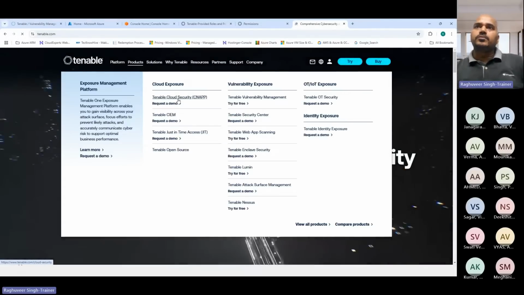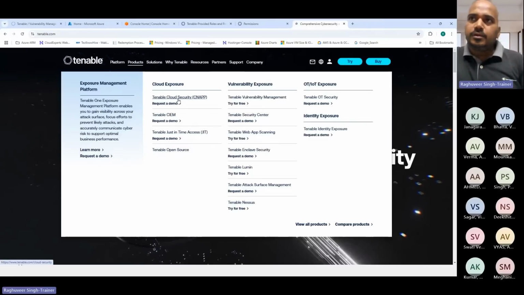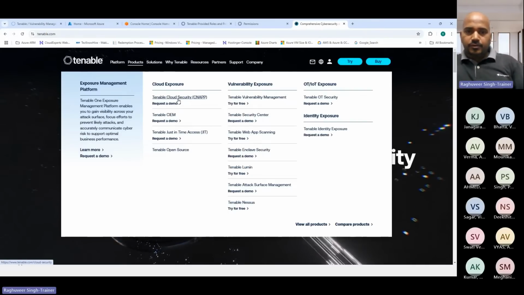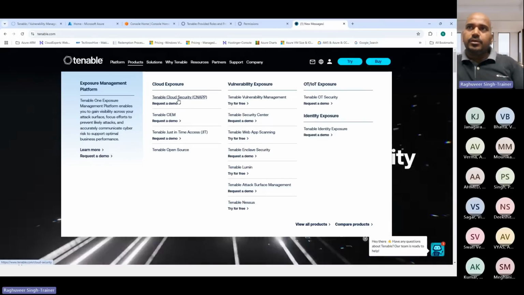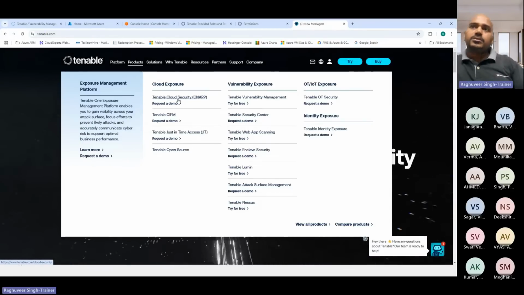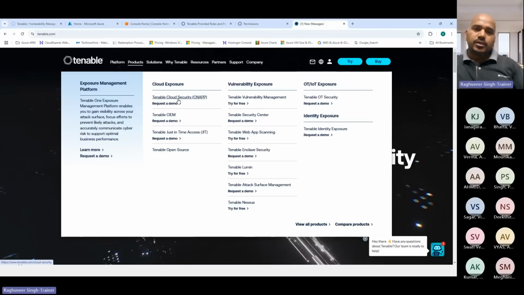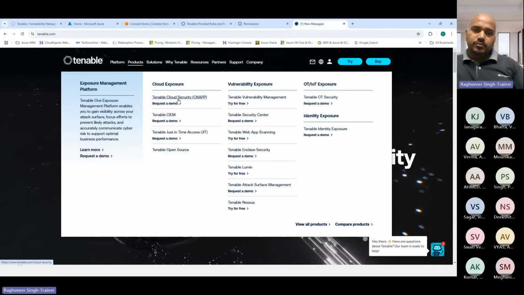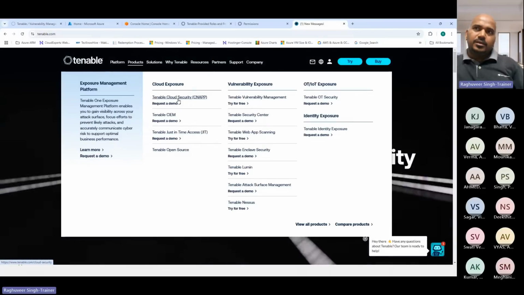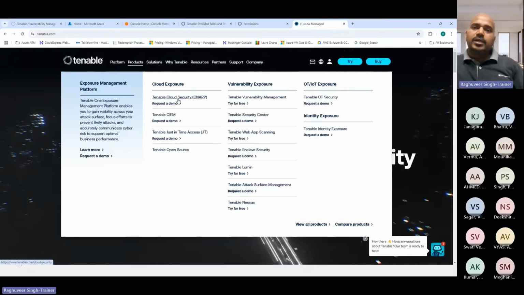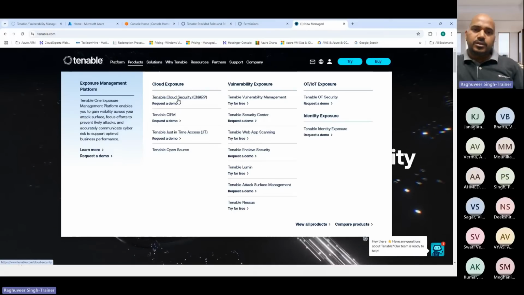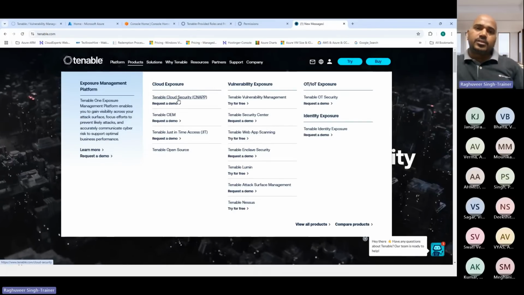If you look at the products, we have Tenable Cloud Native Application Protection Platform, which is more of a cloud app security platform. Tenable has CIEM also, Cloud Infrastructure Entitlement Management, which primarily helps you manage entitlements. It falls under identity and access management, wherein you can manage the entitlement, access packages, or identity lifecycle management using this solution. Tenable has just-in-time access,